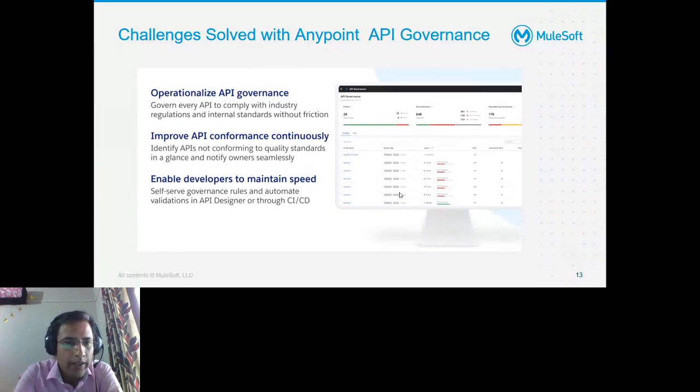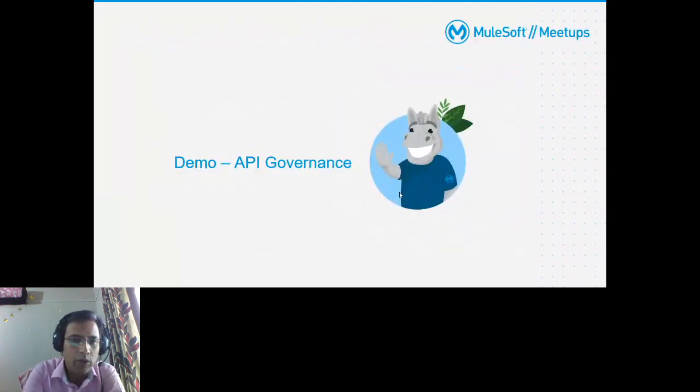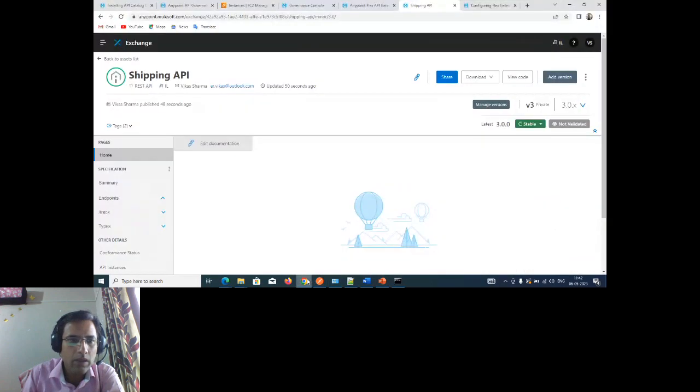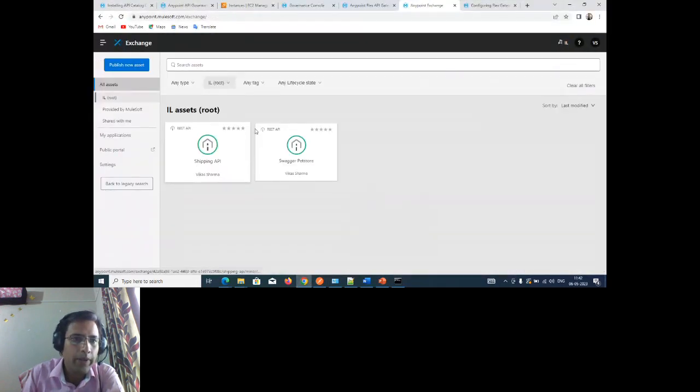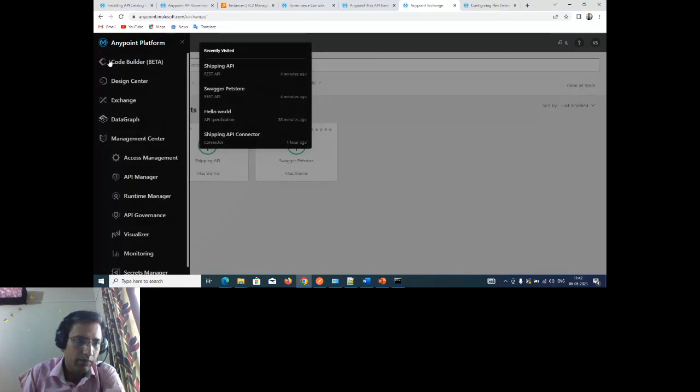It will also enable developers to maintain speed, so they don't need to bother about applying rule sets manually. They can just go to API governance and apply the rule sets from there, so it will definitely speed up their development as well. Let me show you a little demo on that. We have already uploaded these two API specs here. So if I go to API governance,